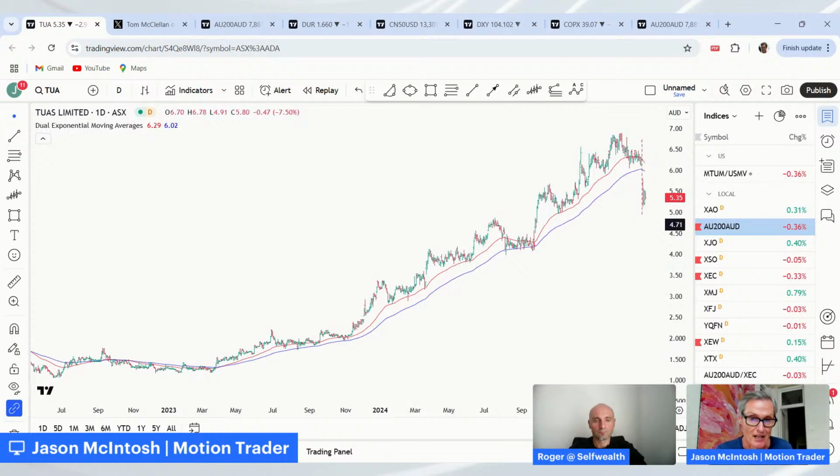There's a heap of technical damage done. The odds are probably swinging towards it being the end of the line, but it's not there yet. I'm certainly not going to preempt the stop because I have seen these things push back higher in the past, but I think the odds are shifting. If it was going to shift back, I probably would have liked to have seen a sharper retake of the moving average rather than just bouncing and now sitting. I think the sitting part makes me think, well, maybe there's going to be a test of the low, and a test of the low is pretty close to my trailing style.